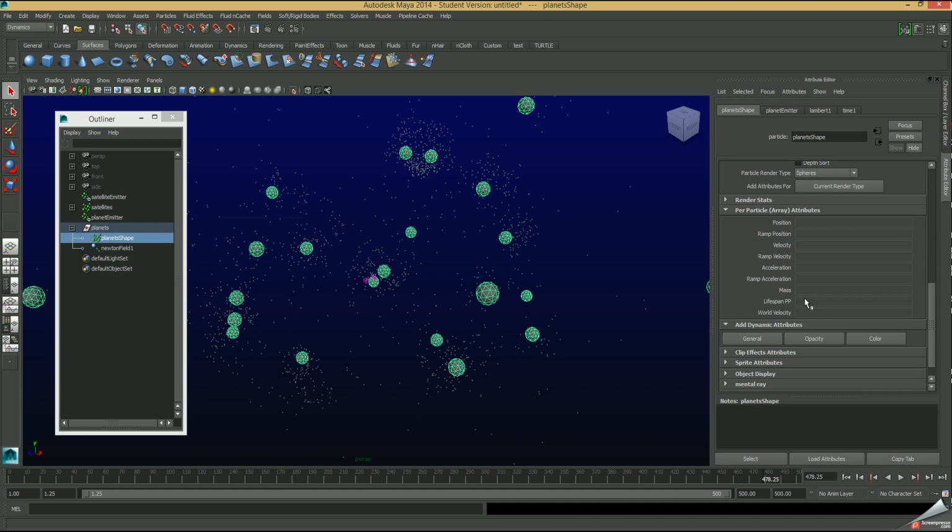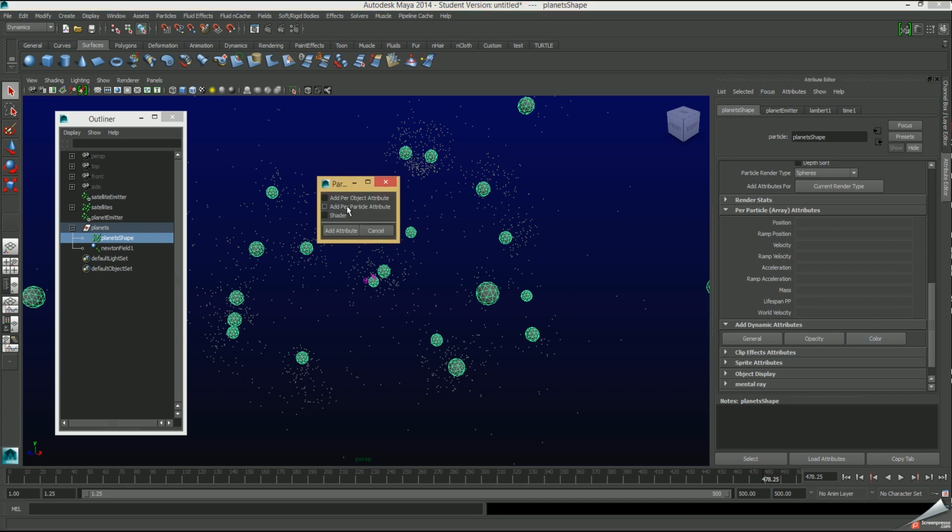Because what an expression really does is it says, take this attribute and apply it to this object in a certain way, and then it eliminates the need for so much keyframing that you would have to do, because you can just do a little programming right there on it, and then it will do whatever you want for the whole scene on its own. And that's what we're going to do here with the color on these particles. So we're going to have my particle selected and go in here to our attribute editor, and we're going to come down here where it says add dynamic attributes, and we're going to add some color attributes, because right now we just have gray planets and that's boring. So I'm going to click that,